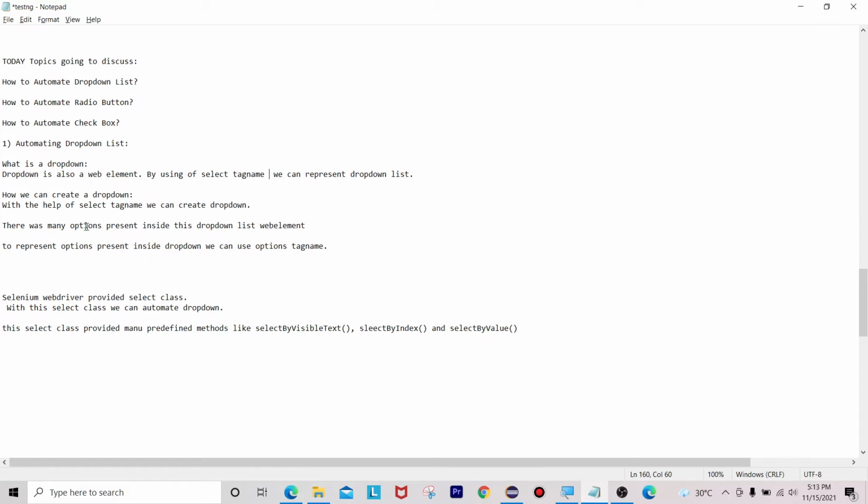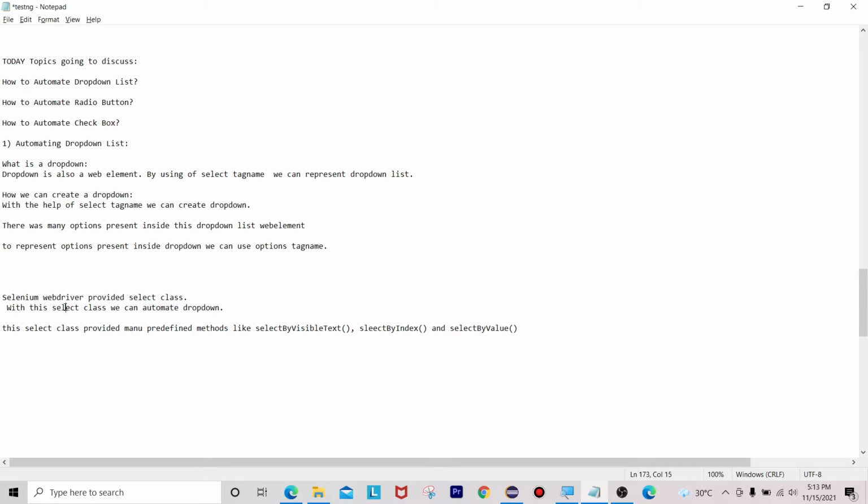To represent all these options, we can use the option tag name. And Selenium WebDriver provides one class called the Select class. With the help of the Select class, we can automate a drop down however we want, and we can perform many operations on this particular drop down web element.